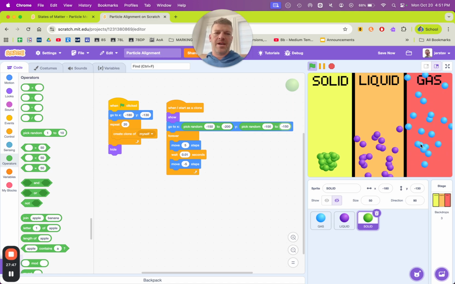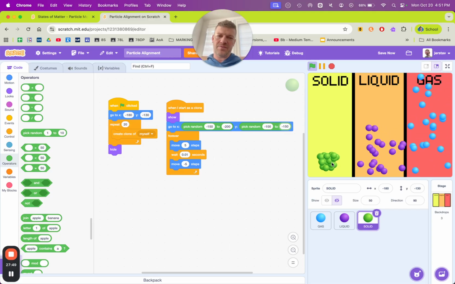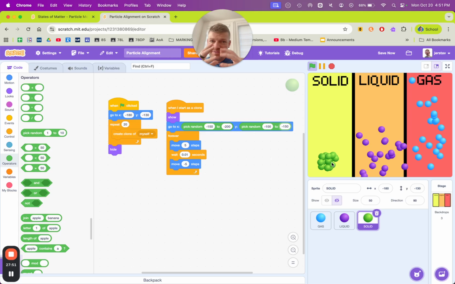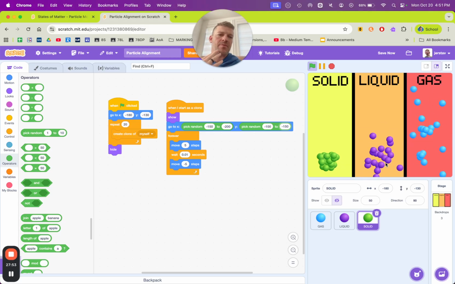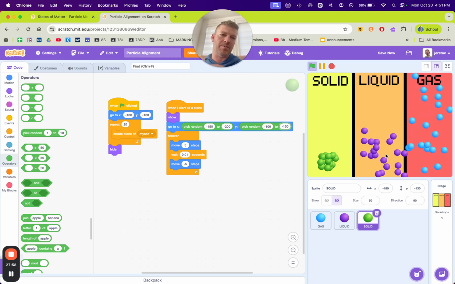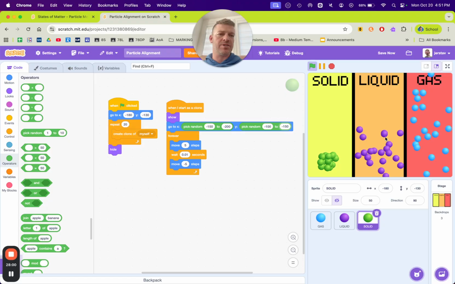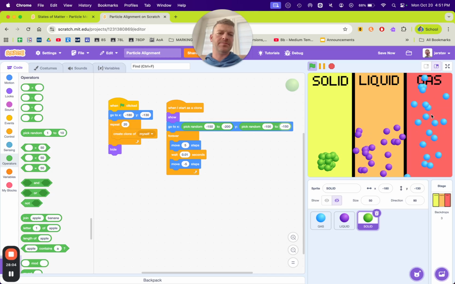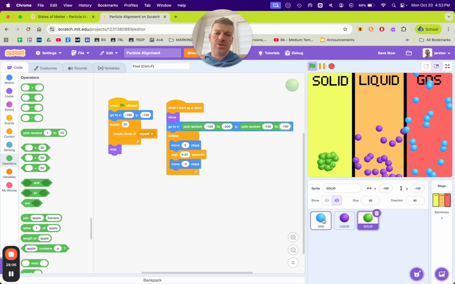Okay. So we have solid. They're tightly packed. Okay. And then our liquids, they have their definite volume, so they're not filling the whole space because they're restricted by their volume. And gases are taking up the whole space. Okay. And as you saw,